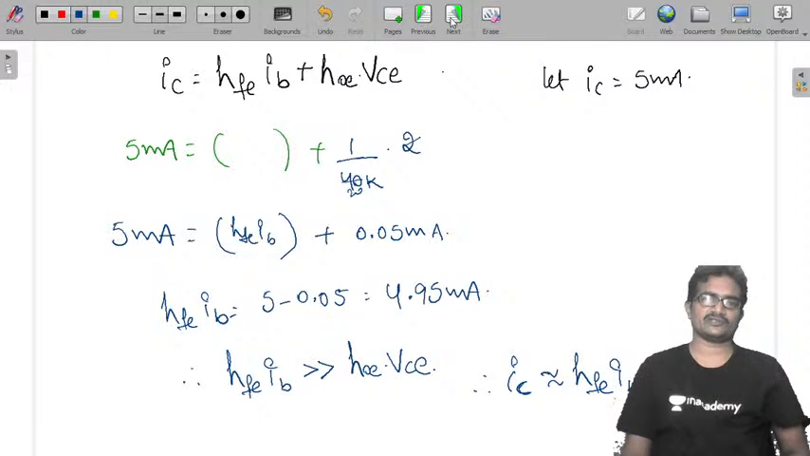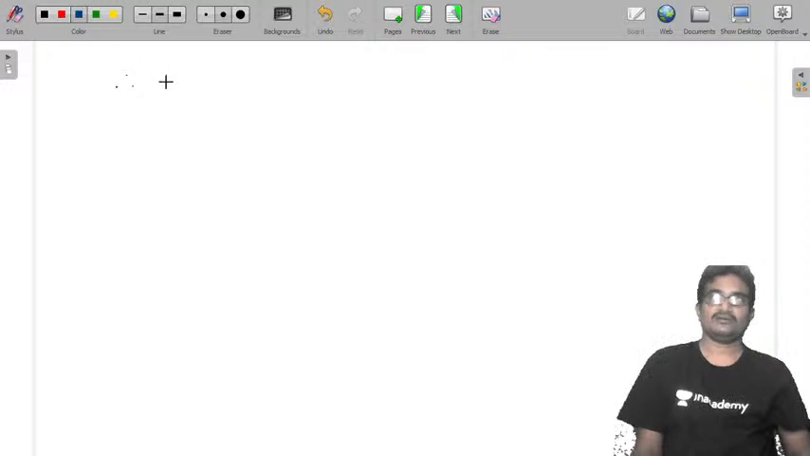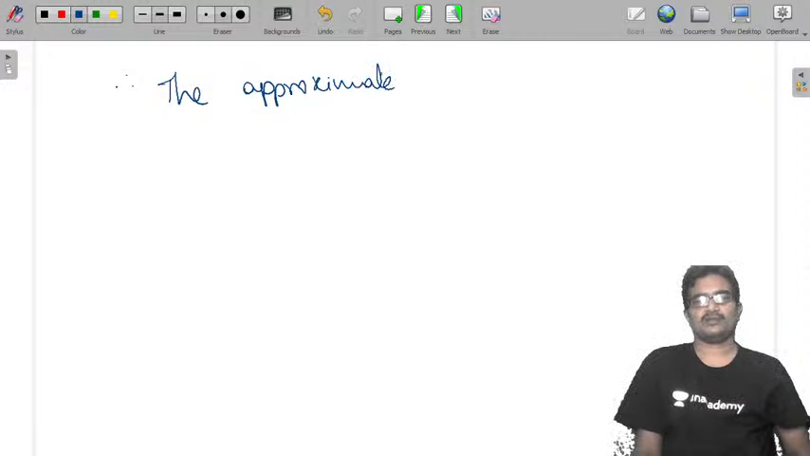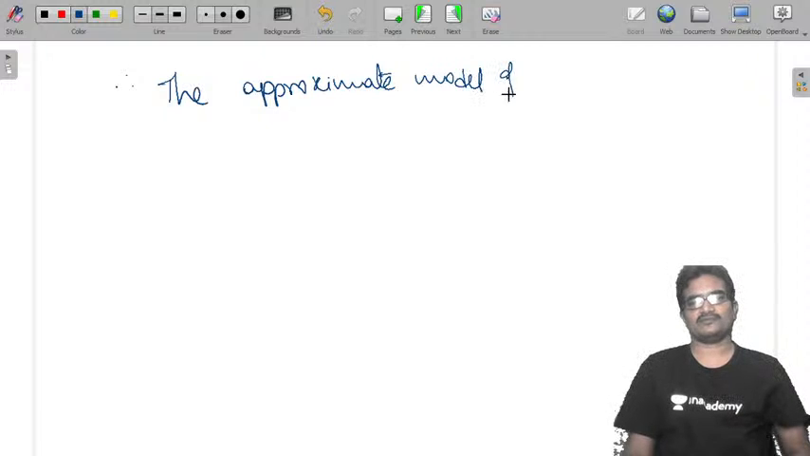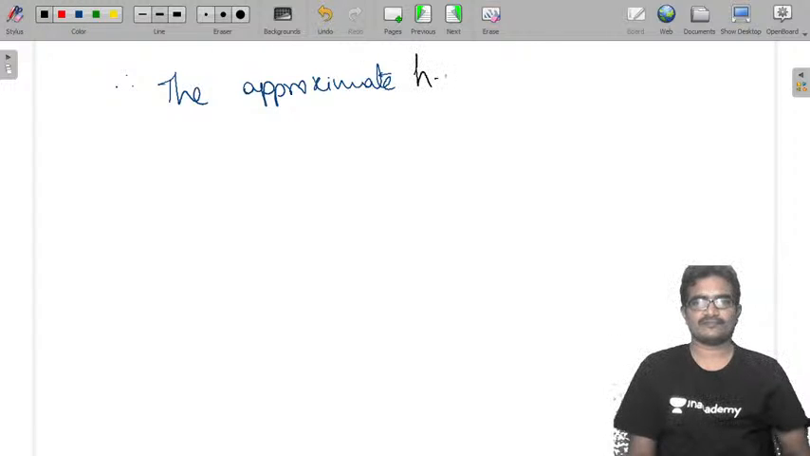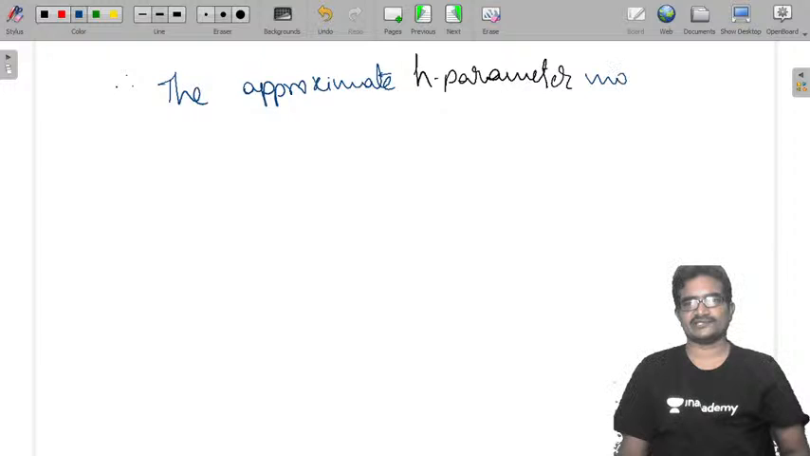This is called the approximate model. Therefore, the approximate H parameter model of transistor is